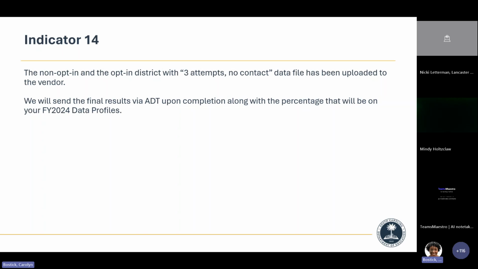They have until October 31st to complete those surveys. So sometime in November, you'll get your final results for your indicator 14. Everyone should have those. That summary will also have your results that will appear for your indicator 14 data profiles that will be published in June of 26.